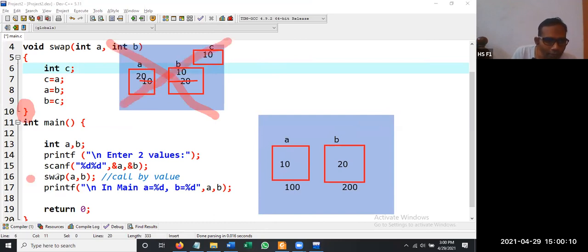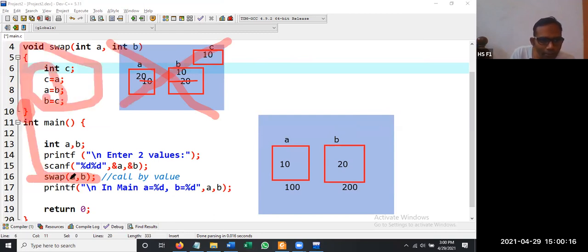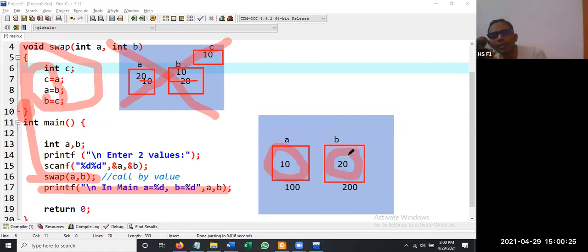Now after the swap function call is completed, when it executes printf in main, what will be the value printed? That is 10 and 20. So the values are not getting swapped. Even though you are trying to swap inside the function called swap, the values are not reflected in main. Is this clear?